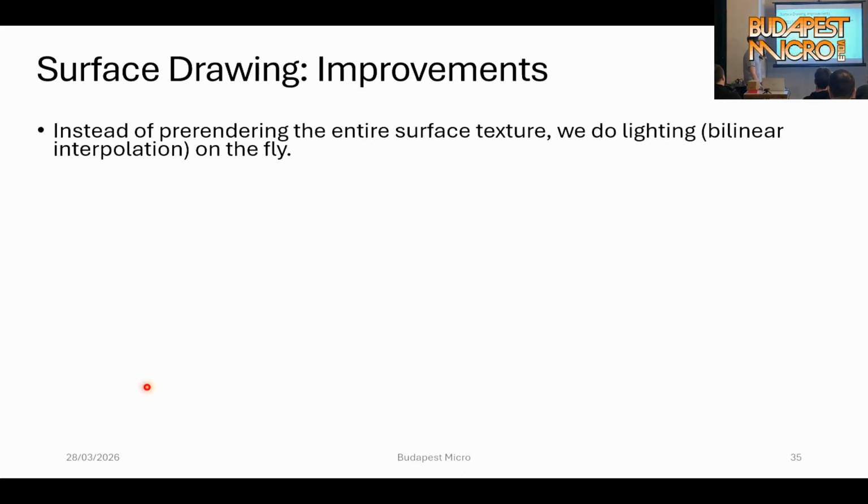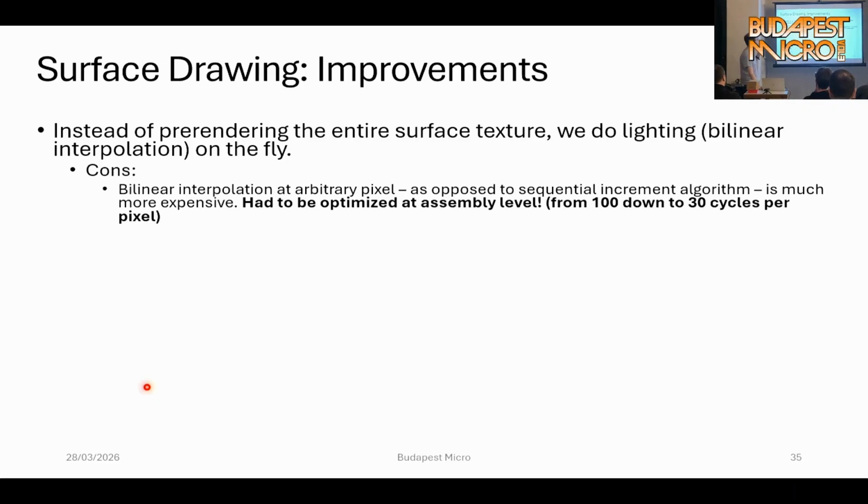The idea is that instead of pre-rendering the surface texture in a cache, we do bilinear filtering and lighting on the fly. The con, of course, is that bilinear interpolation is very, very expensive.